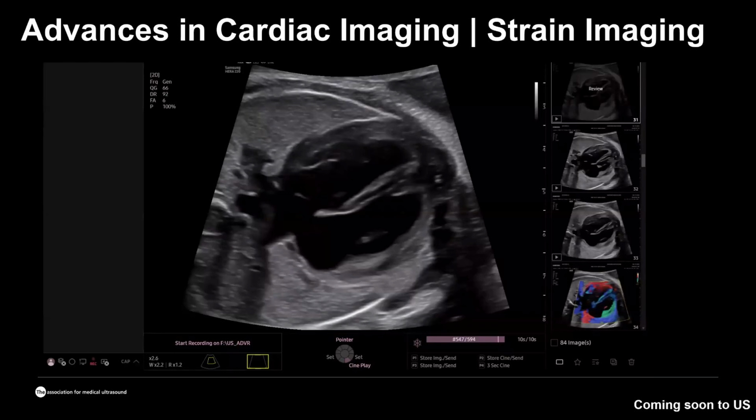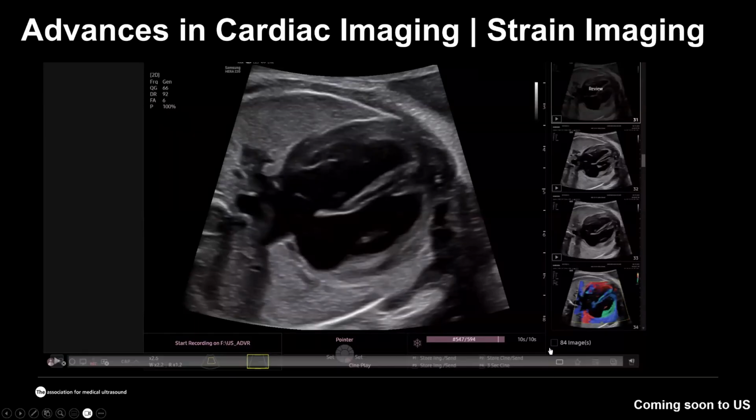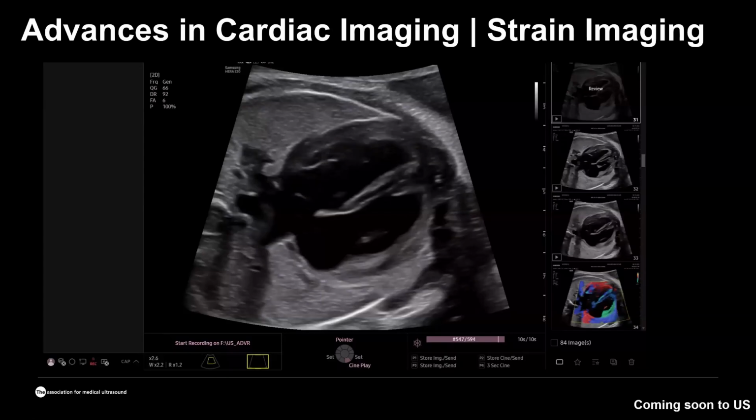If we are expanding on the imaging of the cardiac function, I also want to show you how the latest technologies, which are coming soon to the United States, can be simplified with the use of automation and artificial intelligence. Strain imaging is a very advanced technique, and it is in our guidelines. It's not required, it's optional and reserved for certain clinical situations. Here I would like to show you how you can simplify that.